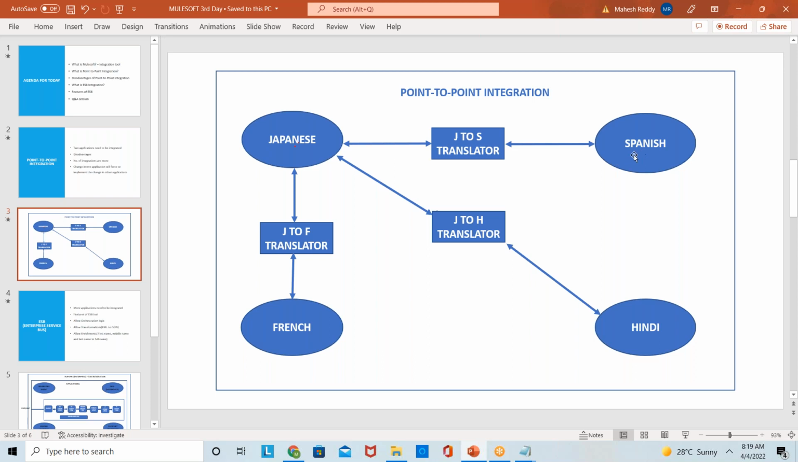But obviously, in this conference, even the Spanish person has to communicate with the Hindi person, and the Spanish person has to speak with this French person also. And at that point of time, again we need some more translators, Spanish to French, Spanish to Hindi also. We'll do that exactly right now. Okay, Spanish to Hindi translator. If you see,